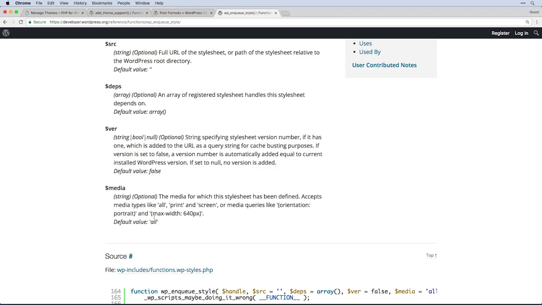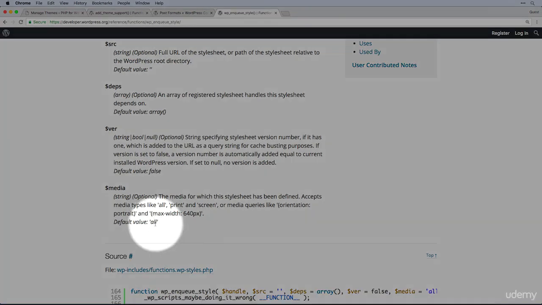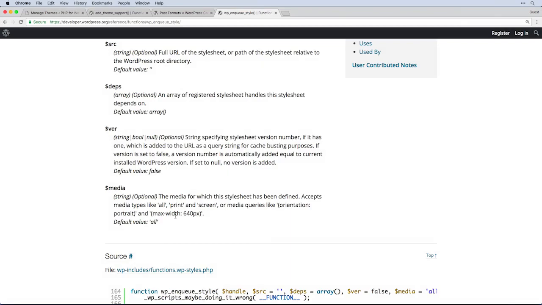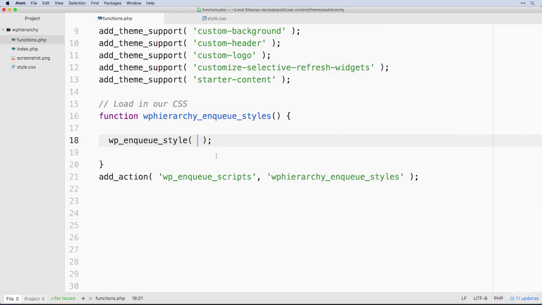Also, you'll often see, and with our simple example here, our media queries are going to be in the same style file, or if you're bundling it all down, that may or may not matter. But helpful thing here, by default, it's going to load for everything, but you can customize and tweak that as well a little bit. So with all that covered, let's come back into our code here and start adding in